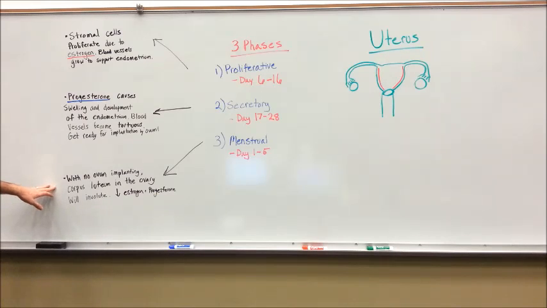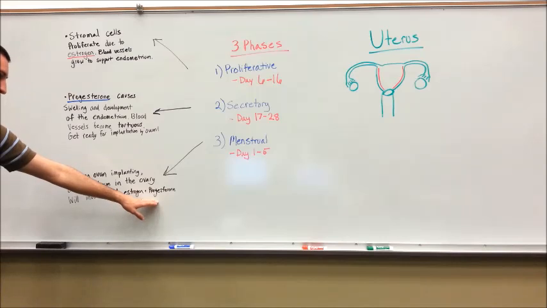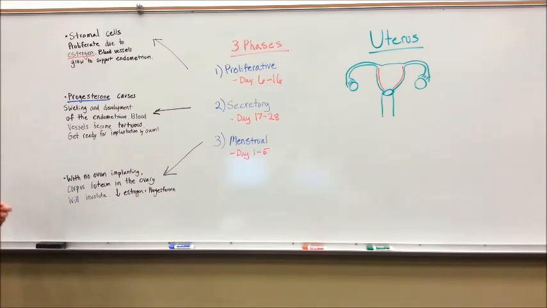Finally, if there is no implantation by the ovum, you're going to move on to the next cycle, which is the menstrual cycle. During the menstrual cycle, the corpus luteum, which is in the ovary, and I'll get to that later, is going to involute, meaning it's going to pretty much fade away, which will decrease your estrogen and progesterone levels. When that happens, you're going to get a shedding of the endometrial layer of the uterus. And that's going to happen on days 1 to 5 in the cycle. Next, we're going to cover the hormones,